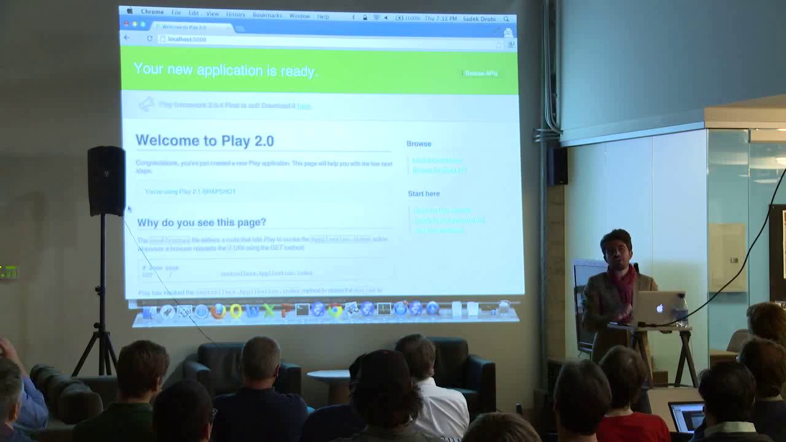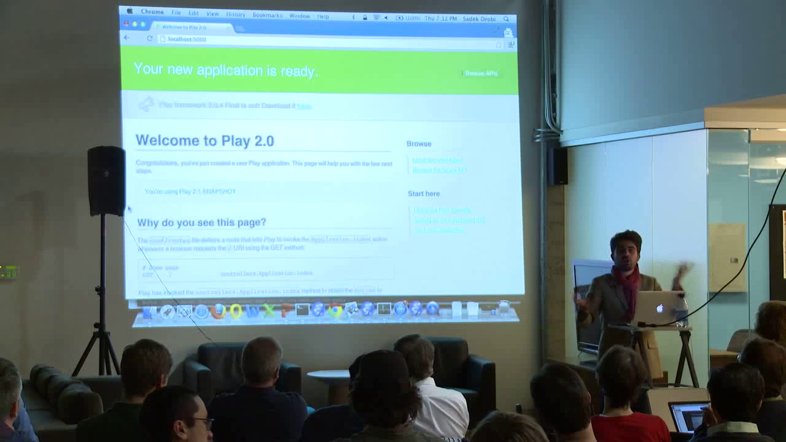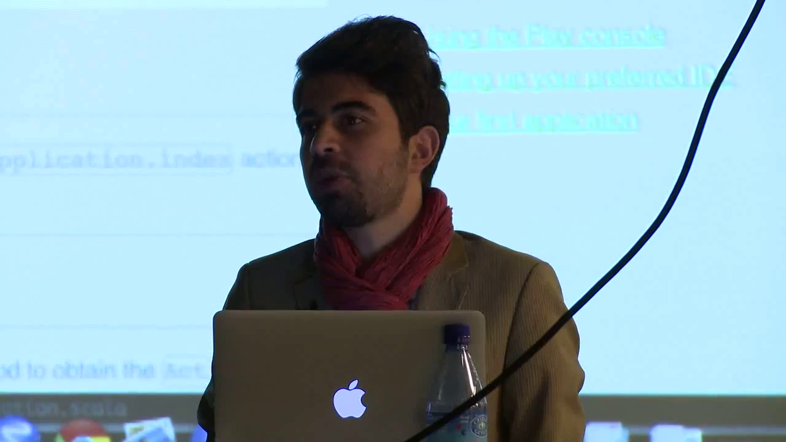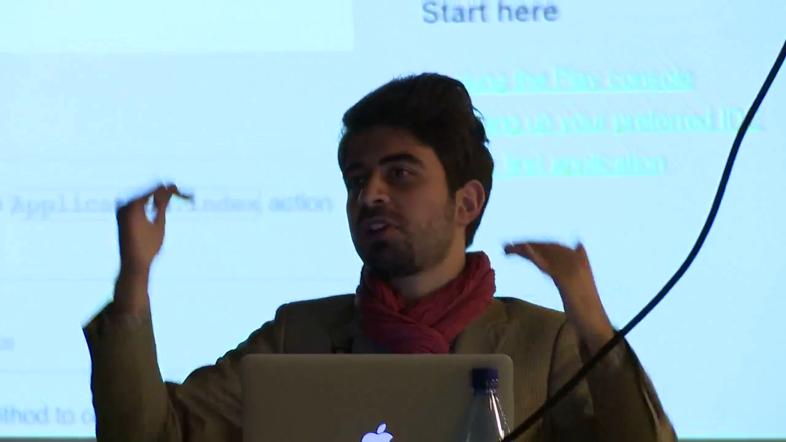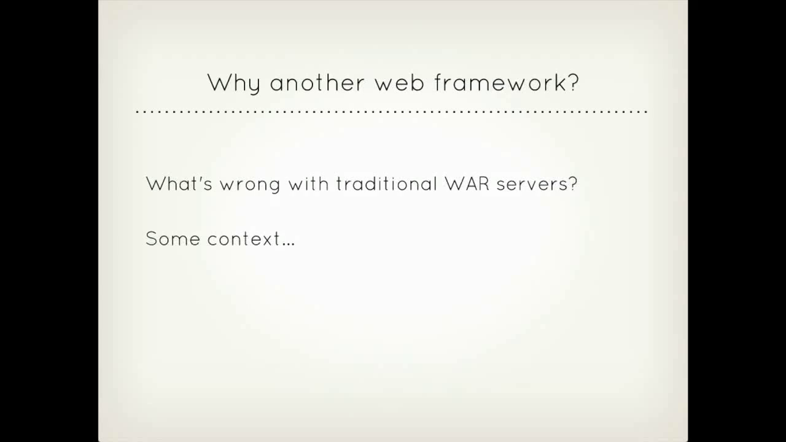So we're going to have a release candidate pretty soon. Of course it depends on a lot of things that happen at Typesafe. The release is managed by Typesafe, and there are several things going on. Okay, now the question is, you got this framework, you're happy with it, but why